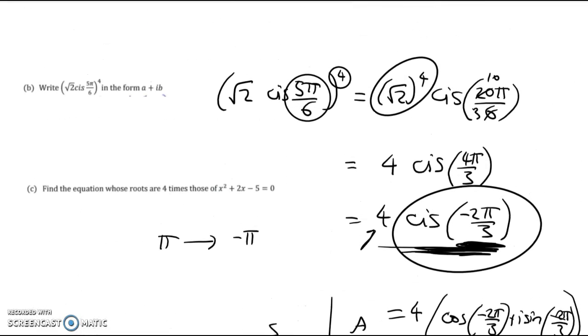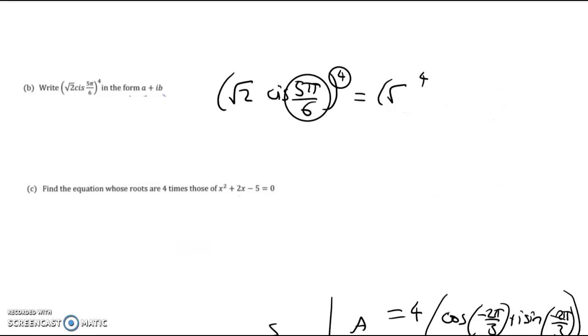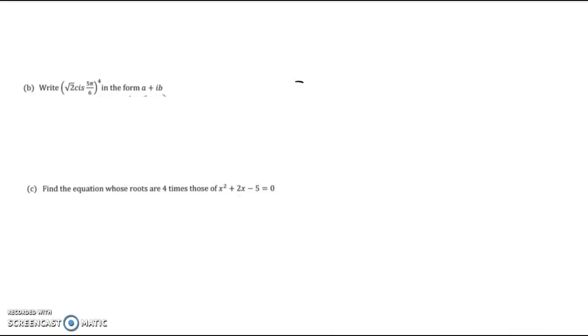So the next one is one where I'm going to use the sum and product of the roots. We're given a quadratic equation, and I'm not going to solve it. Now the slow and clunky way to do this is to use the quadratic formula or completing the square to solve it once, and then to times both those roots by 4, and then to put it back in. That's a whole lot of extra work. So in here,